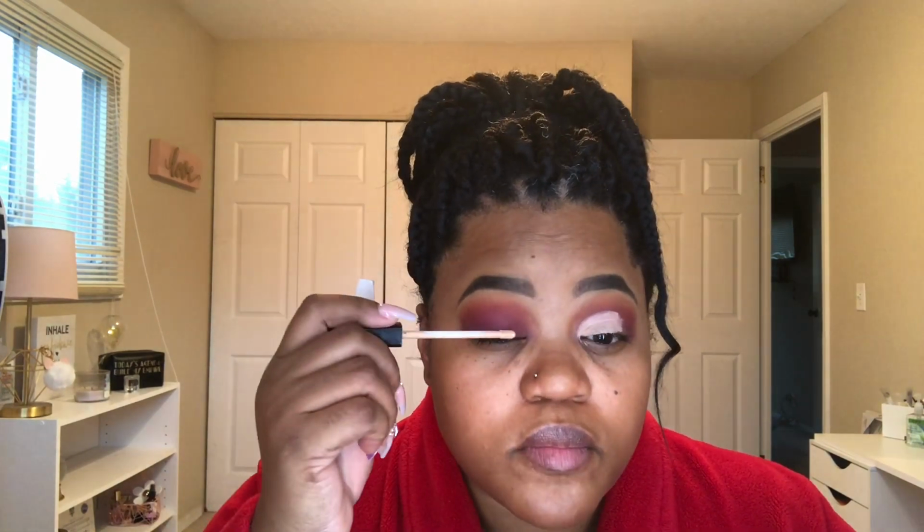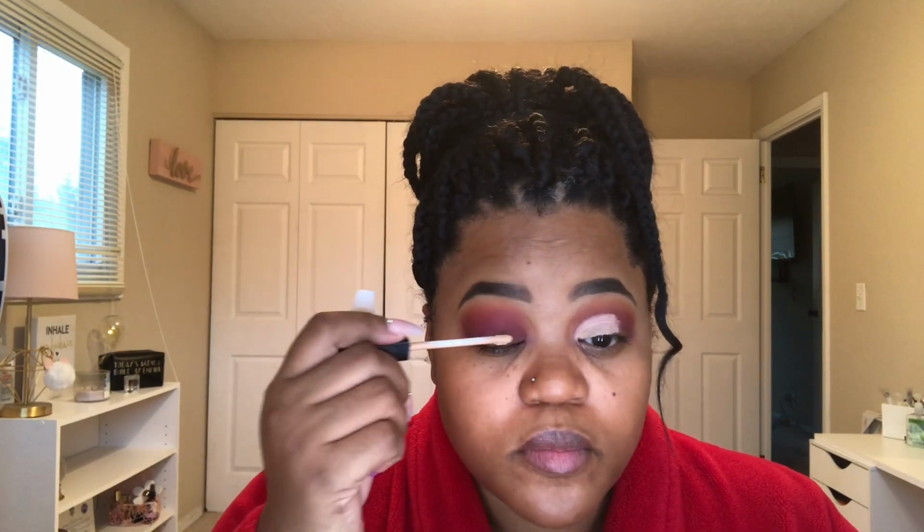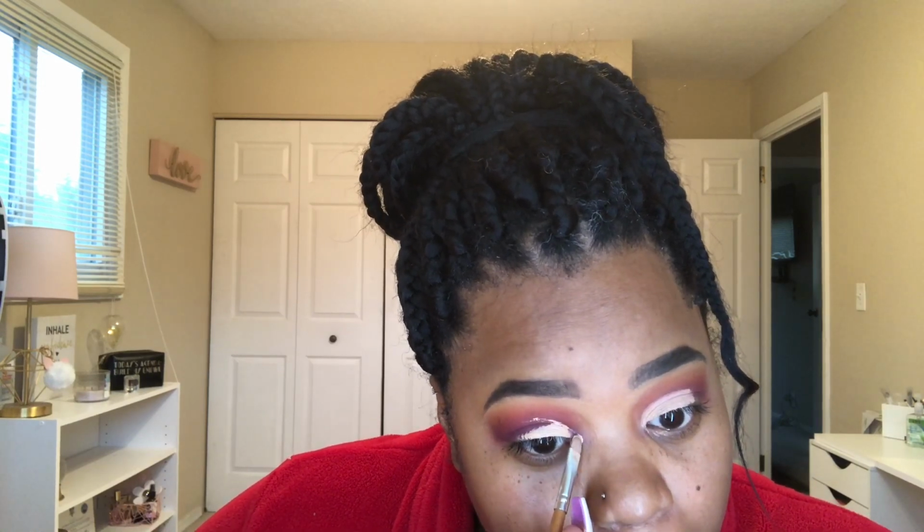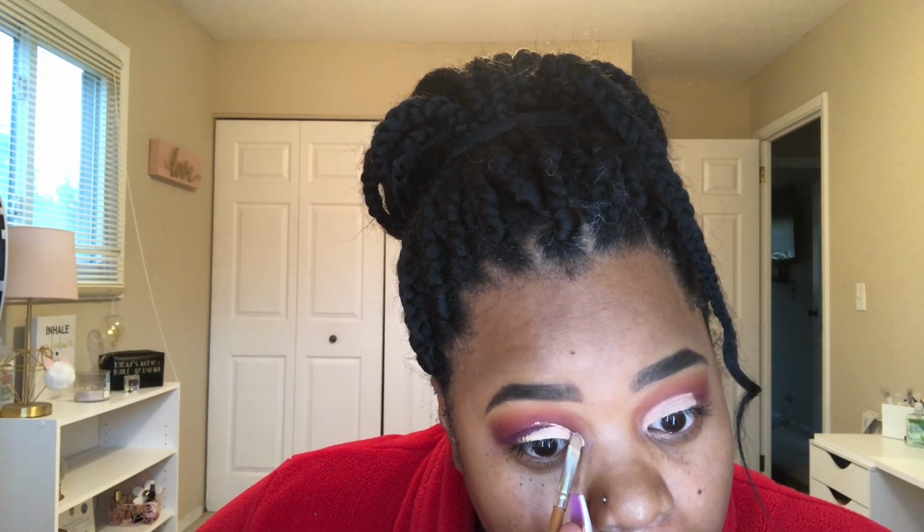Alright, so both eyes are done. I am going to be doing the cut crease method. I'm going to just start this eye and fix up the other. Okay, y'all, as y'all hear me say this all the time, I have to really take my time when it comes to cutting this crease. Like, I'm left-handed, so